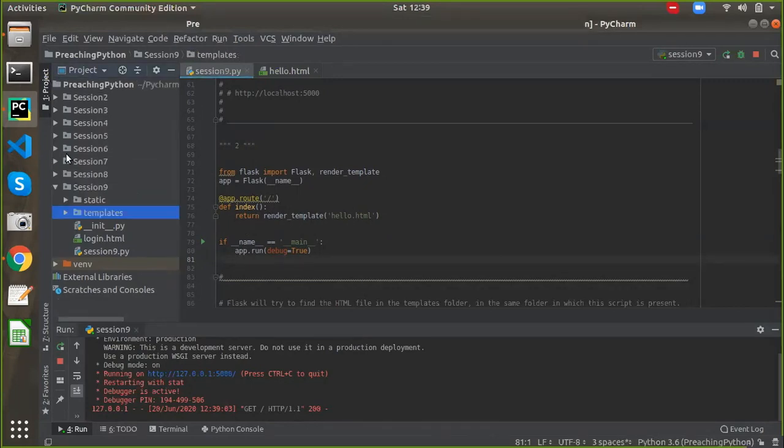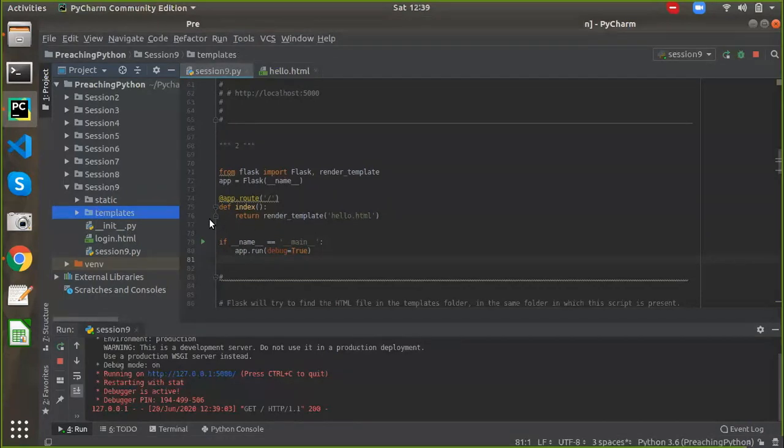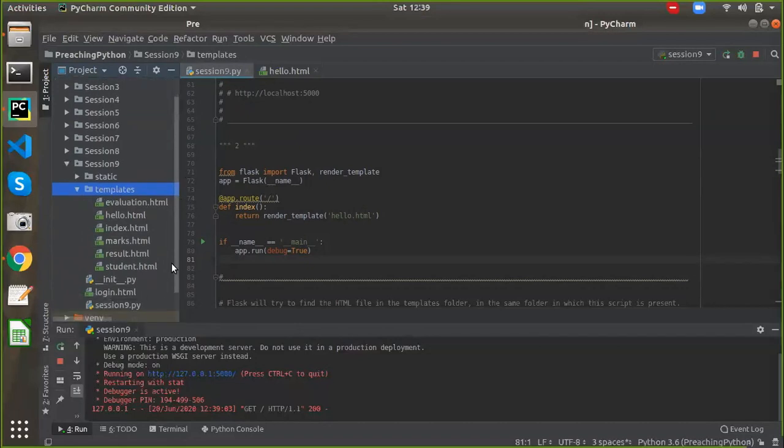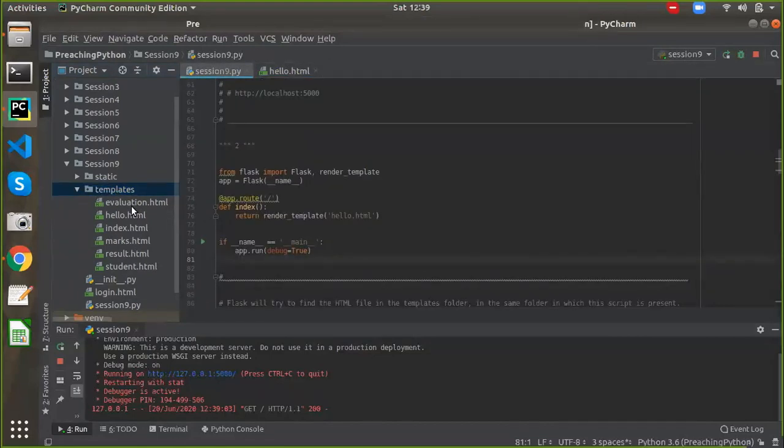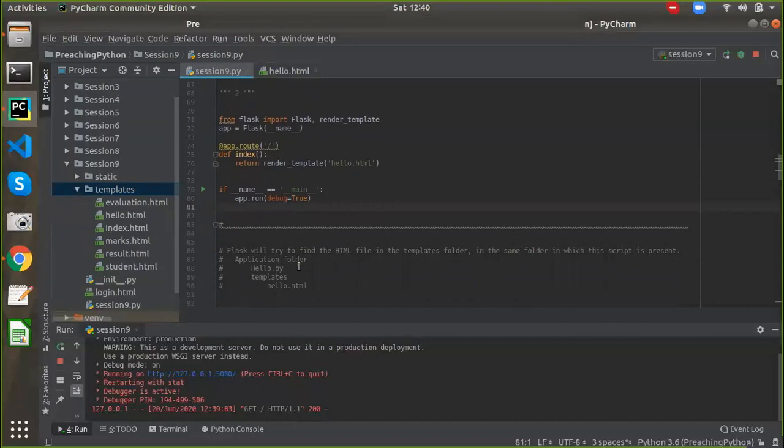If you need to get any HTML content, you have to define, in your current working directory, a folder named templates, and in this templates folder you will have to put all your HTML content. As you got to see, I have put my HTML file in this templates folder, and it's essential because Flask will be trying to look into that folder. Over here you'll get to see that Flask will try to find the HTML file in the templates folder